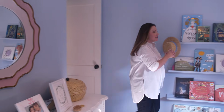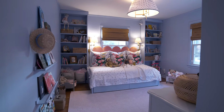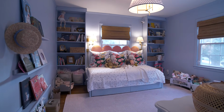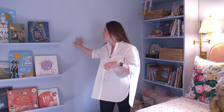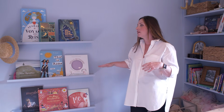All right, this is my daughter Molly's room. This was my grandparents' room when they lived here. This was our room when we first lived here as well. So this is her big girl room. This room I think is Wondrous Blue by Sherwin-Williams. My grandmother put up this paintable wallpaper at one time, and it's good. It has a lot of flaws, and so we've decided to leave that for a little bit. So we've painted the trim, the walls, the door, not the ceiling this time,